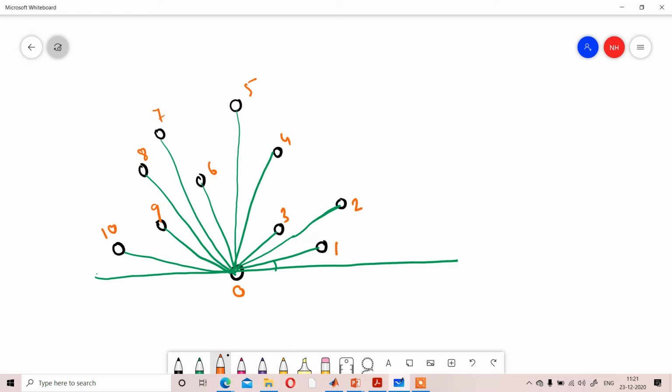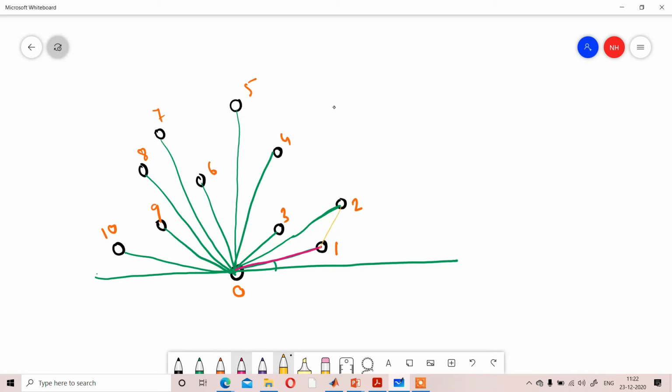Okay. Now after numbering the pixels, you will connect the pixels by considering the numbers. Suppose 0, you will connect 0 with 1. First you will connect 0 with 1. Second, you will connect 0 with 2.